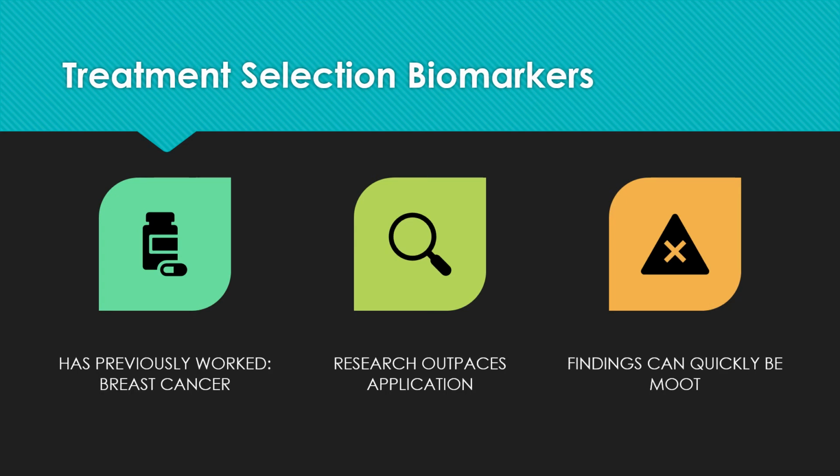Next up, Simon speaks about treatment selection biomarkers, which can be seen as natural defenses provided by the body. It's kind of strange how that works. Some people have these and others don't. Now, this does have precedence and has previously worked. There's a specific test for women with breast cancer that can show whether they have the natural capability to fight